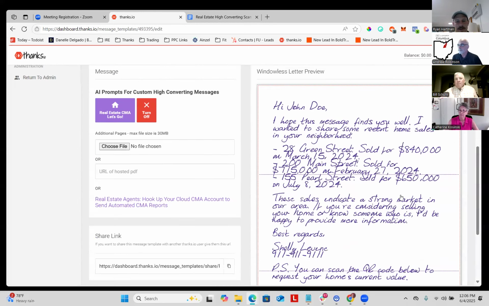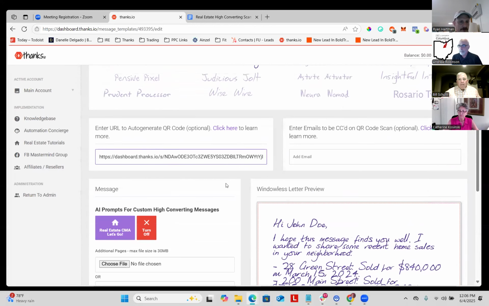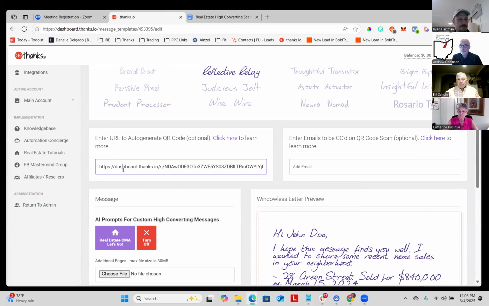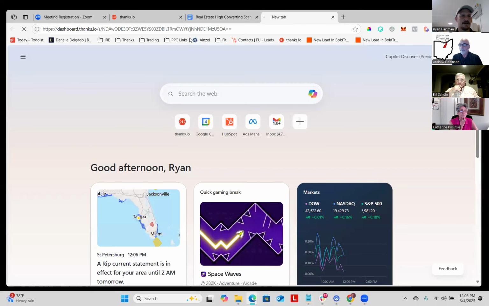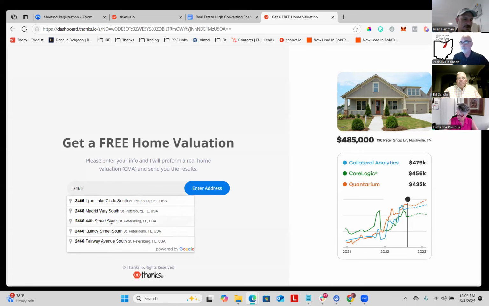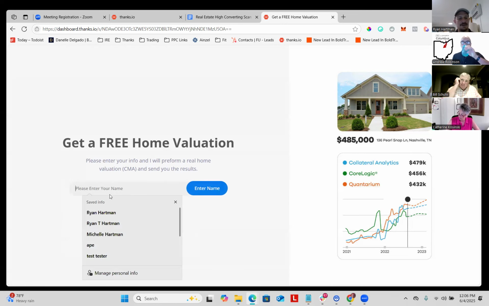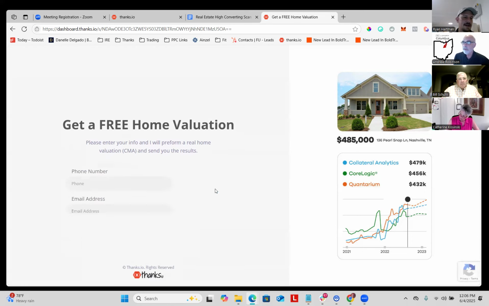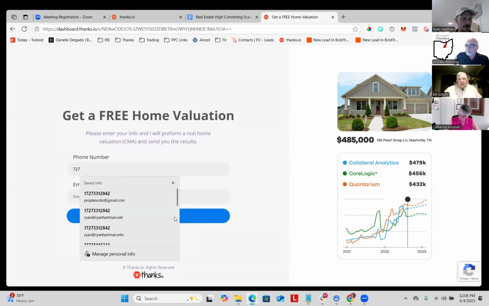You also see here appearing the scan me code down at the bottom for the home valuation. And if I go to that link, we actually leverage Thanks.io's address mailing list functionality to build a home valuation page. And we did this because we keep running into people who actually don't have one. I assume most people have a home valuation page of some sort, but if you want a very simple one out of the box, Thanks.io has this sort of template built into these campaigns. And it's pretty simple. They'll just enter their address, and it's not going to actually give a value or anything. It's just going to say, okay, great, I'll send you a CMA. So I'll collect name, email, phone,